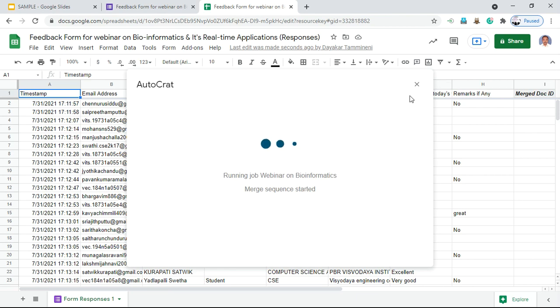Now it is going to run the job, and a total of 81 participants are there. Even if 150 participants or 200 participants are there, it is going to send certificates individually without any problem by using this process. If you use Google Forms, then it is limited to 100 participants. In the previous webinar, we sent certificates to 150 candidates at a single click like this.